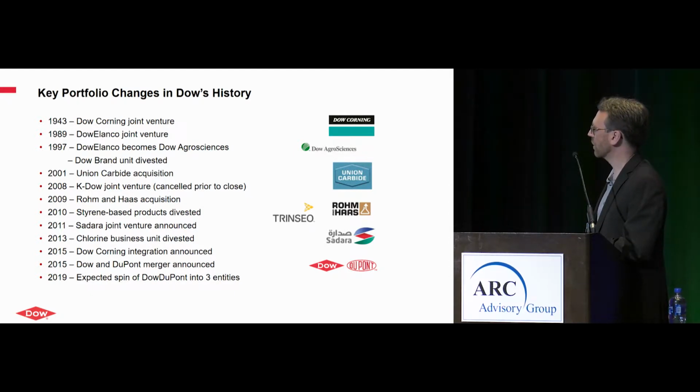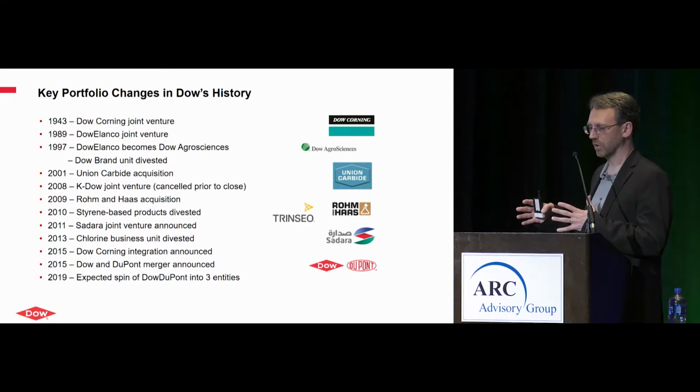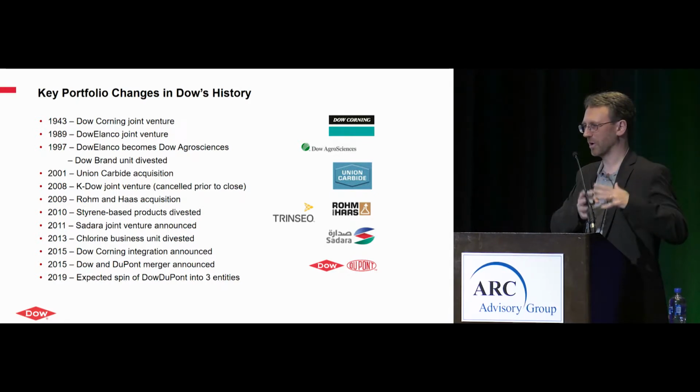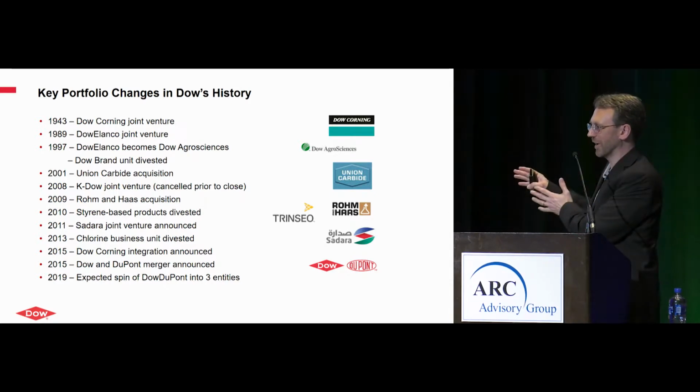But in the 90s, there was a lot of work to try to build an agricultural chemical presence inside of Dow. And there was a divestiture of our Dow brand, so all of our Ziploc and those types of things we divested back in the 90s. And of course, in Dow, the pendulum swings back and forth every few years. It seemed we'd want to focus on our commodity chemicals, and then we say, no, we need to diversify, and then they go the other way.